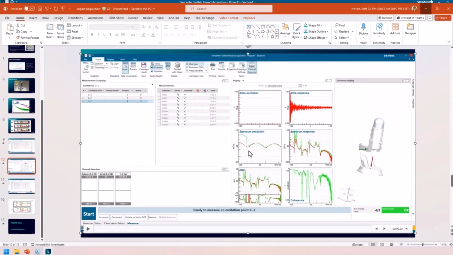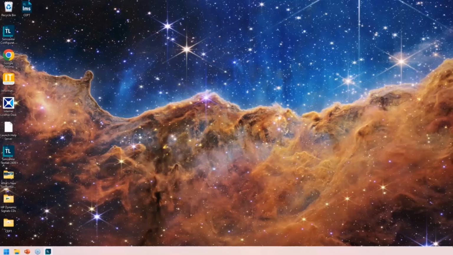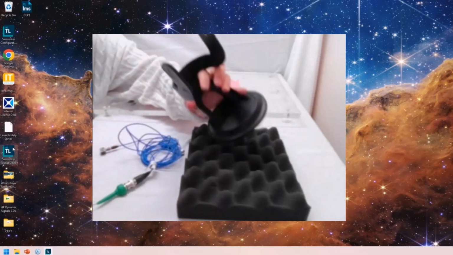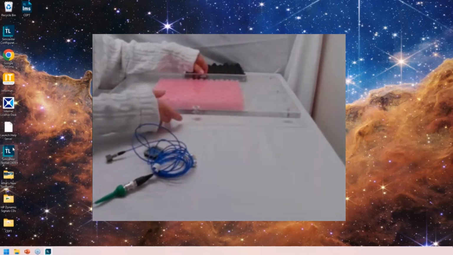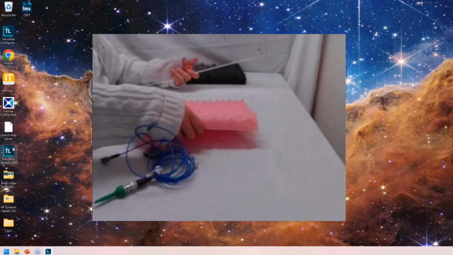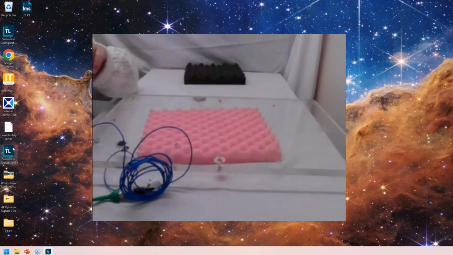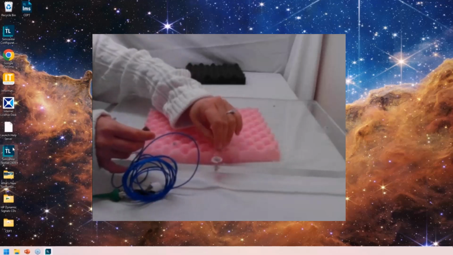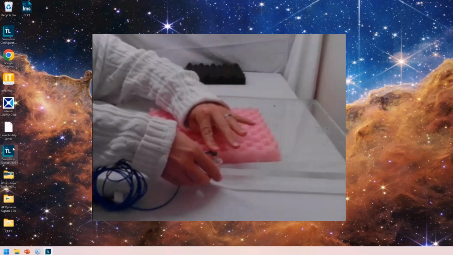Okay, I'm going to close out of this really quick and I'm going to open it up again. But before I do that, I'm going to move this back because we're not doing this testing anymore. And I'm going to bring this plexiglass plate forward because this next portion is really going to be for you if you're not used to using virtual instrumentation. So I'm just going to put this accelerometer at an arbitrary location here.